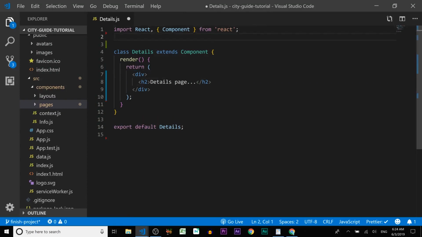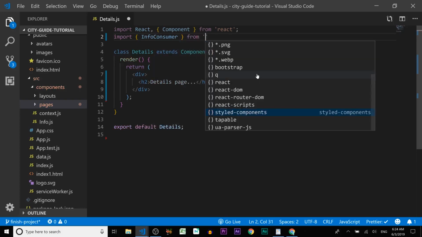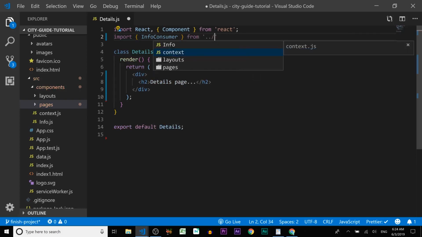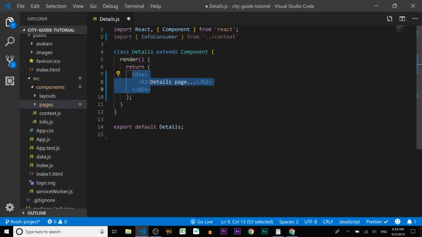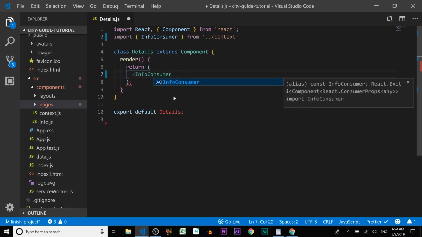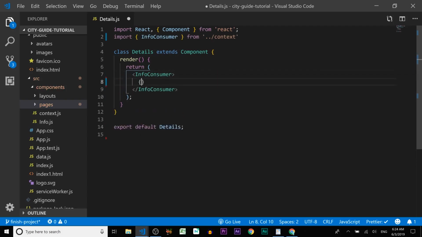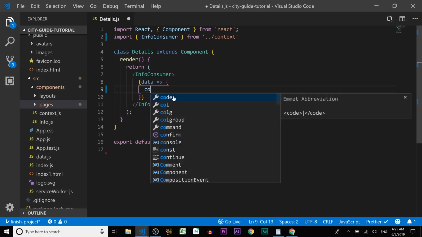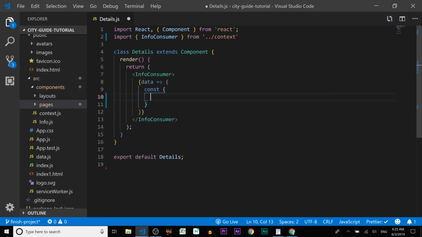Let's first import our info consumer from context. Alright, let's create a consumer. And let's create the function with the parameter data, and let's create the variable where we're gonna place our ID,